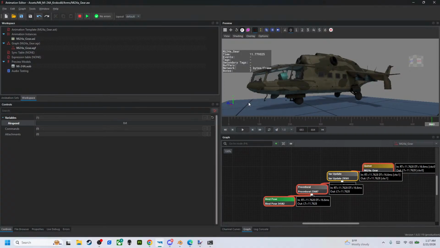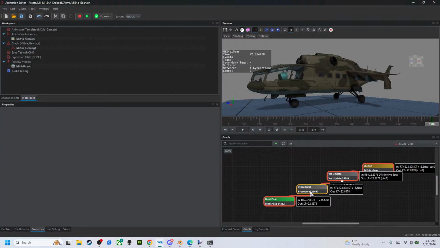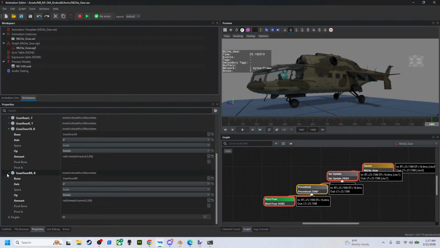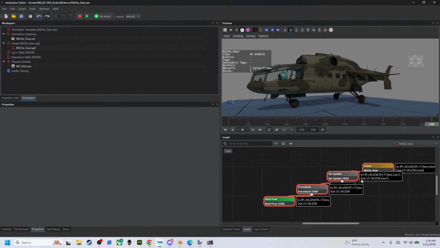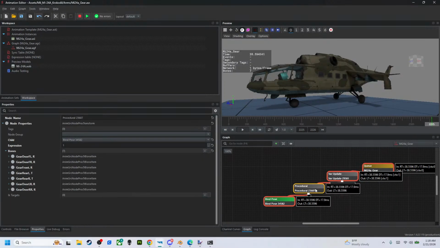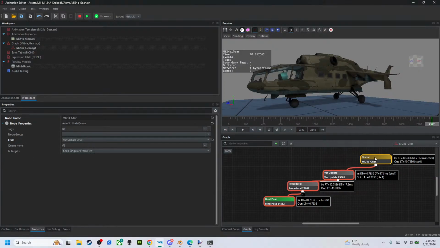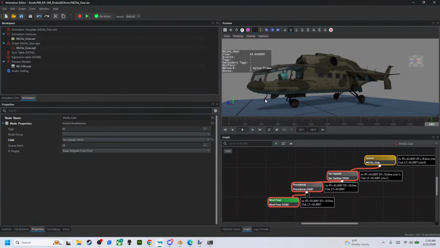I'm not super crazy about the rear gear sucking up faster than the doors can close, but I think that's just going to be the nature of it. I could go in and put these on a different variable update, which I think I might do. Yeah, it's a good little learn. So we'll go ahead and stop